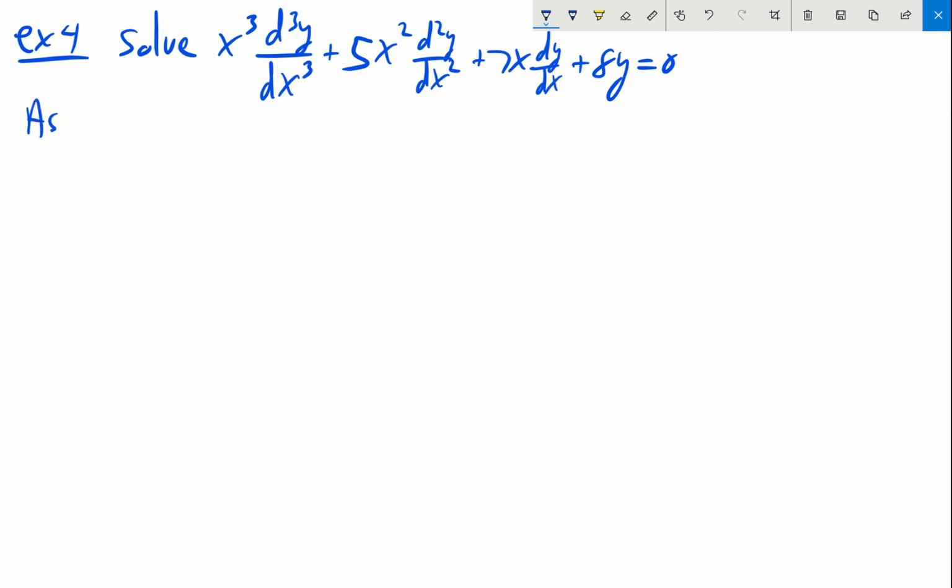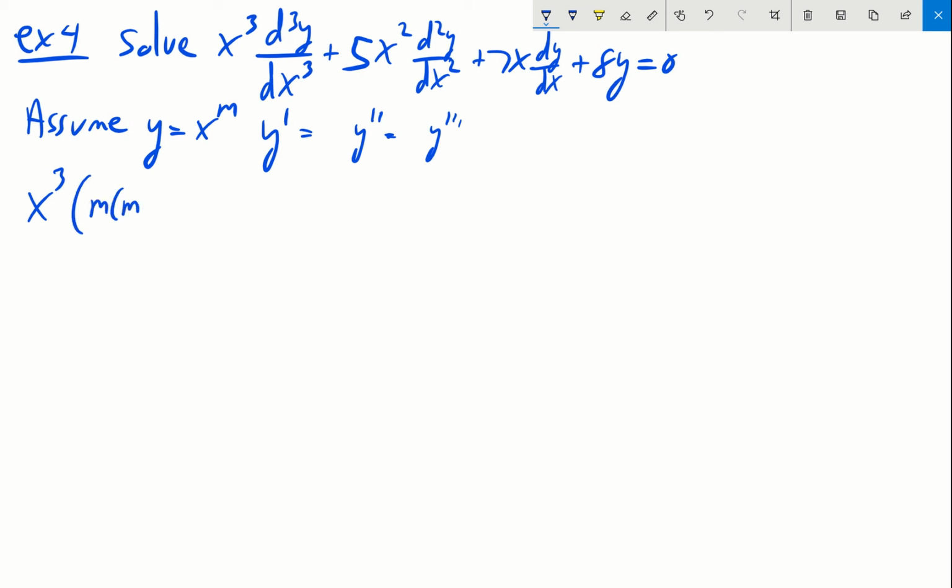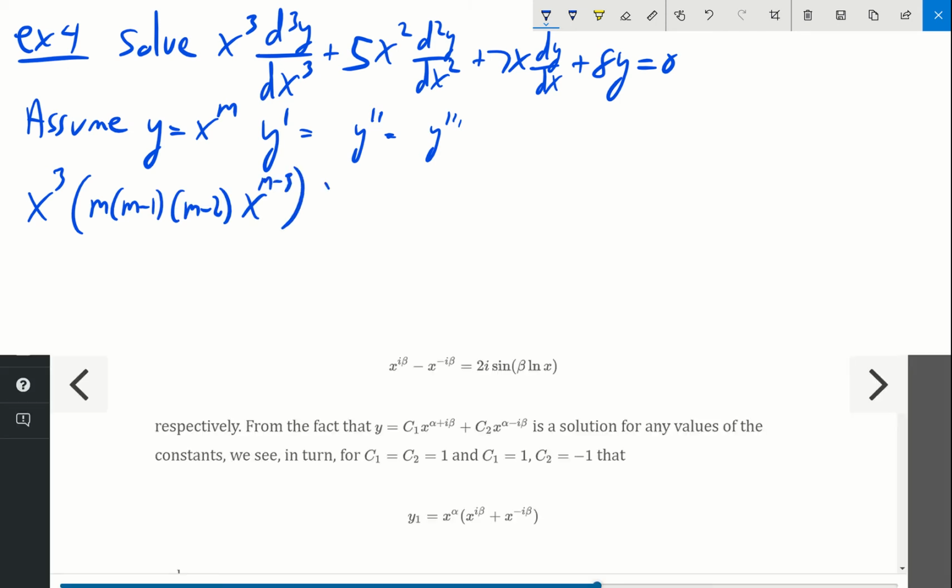Because it's Cauchy-Euler, we can solve it the same way by assuming that y equals x to the m. I'm not going to show the work for this, but go ahead and calculate the three derivatives of y and then plug them in. If we do so, we would get x cubed times m times m minus 1 times m minus 2 times x to the m minus 3, that's the third derivative,